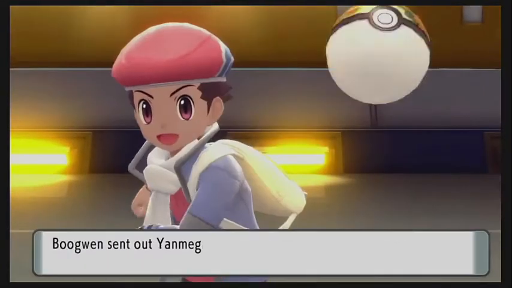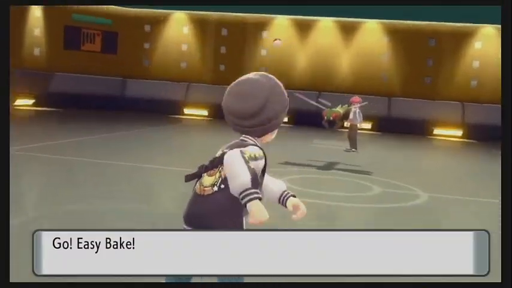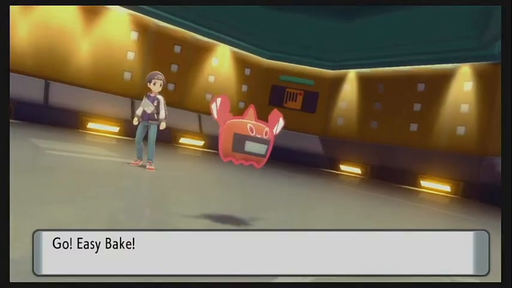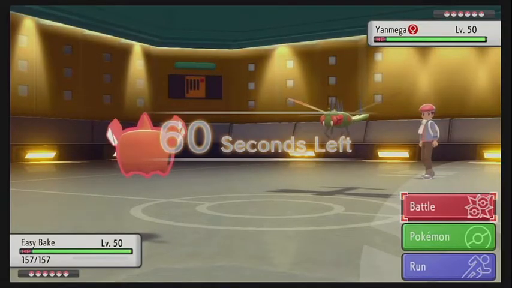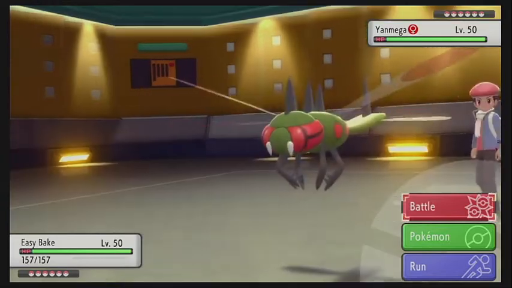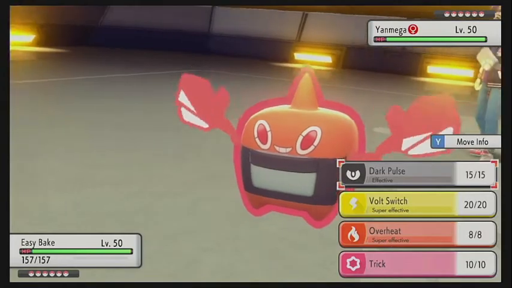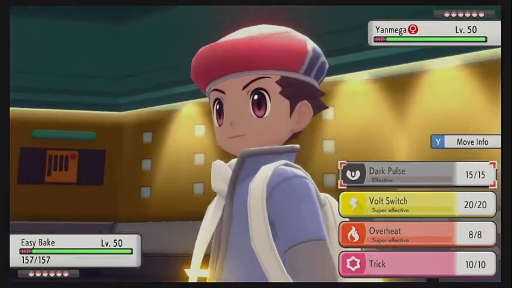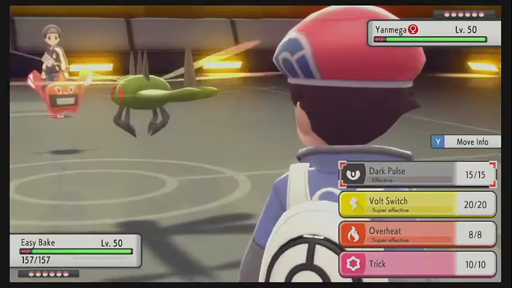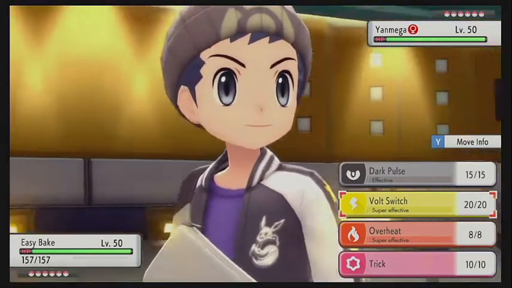Alright, so it looks like he is going to lead with the Yanmega, which is actually pretty good for us, I think, as we do resist both the stab moves with the Rotom Heat. So yeah, I don't know if he's going to want to stay in on this matchup or not. Definitely a little bit of a choice to make here because he does have the electric immunity, obviously. So, yeah, I think it would be a little too risky to go for the Volt Switch,